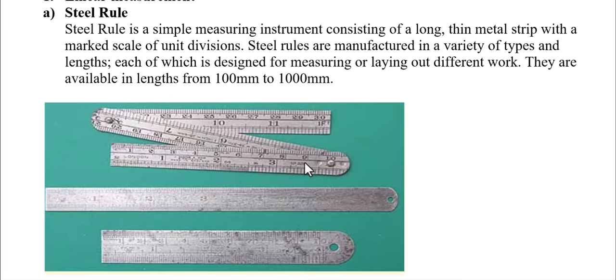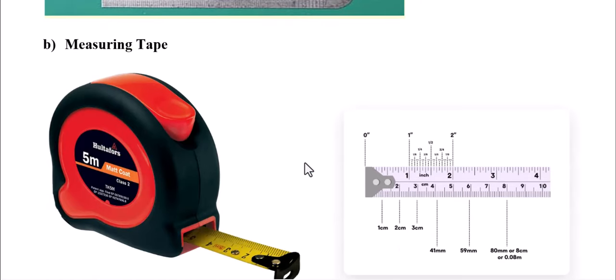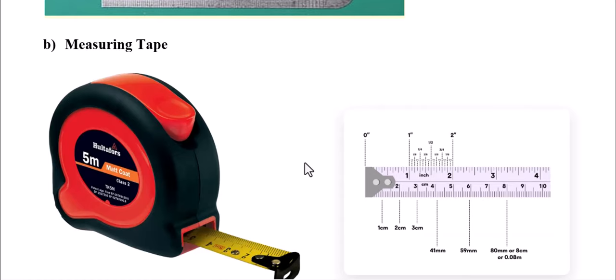We also have the measuring tape, a device that is also used to measure the length of a workpiece or a machining part. This is close to a steel ruler. The only difference is that